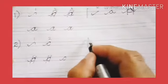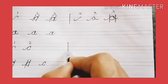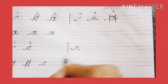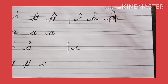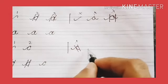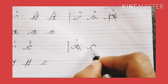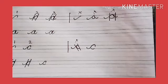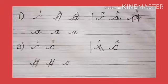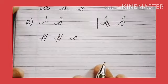I will also show you some of the wrongs here. Generally some students write like this. So this is a wrong slanty. So the slanty is towards left. It's wrong. Some people write like a circular one. This is also a wrong one. Okay, don't do like that. Now we move on to the next letter. That is, the third one is